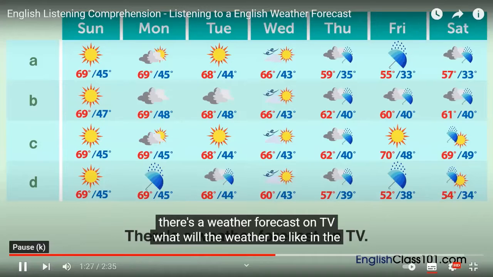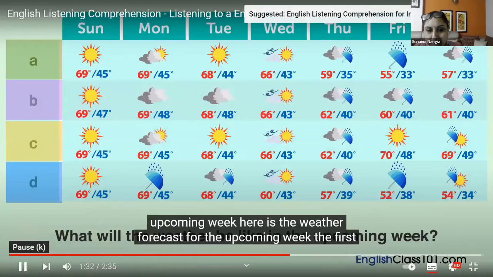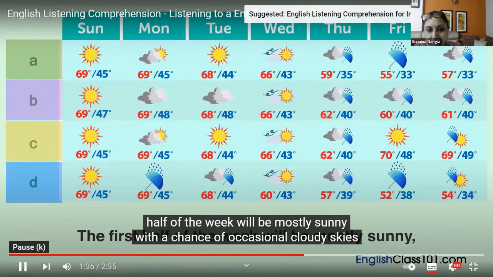There's a weather forecast The rest of you, please mute yourself. in the upcoming week. Here is the weather forecast for the upcoming week. The first half of the week,